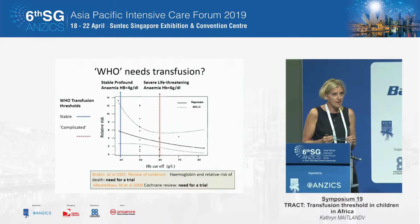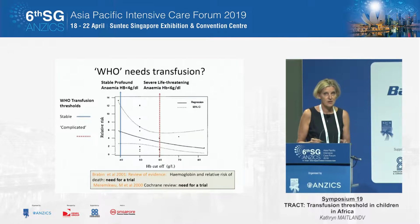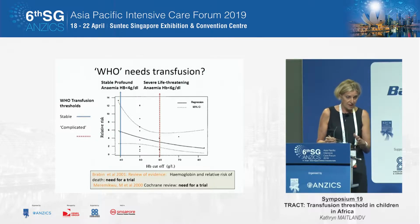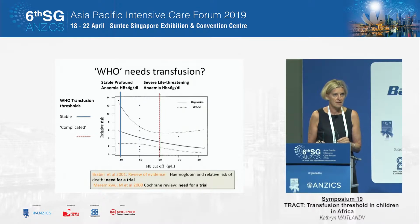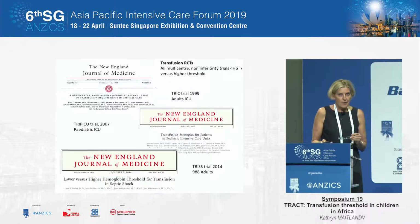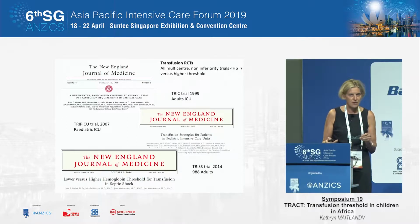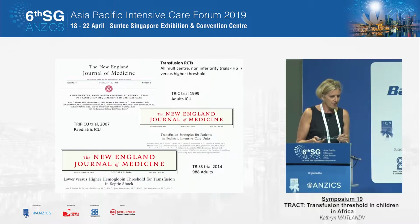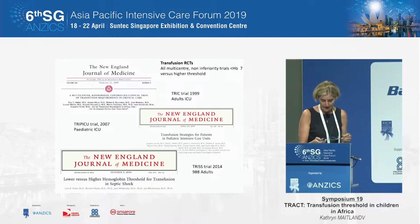There have been a couple of Cochrane reviews, the last one done in 2000, and both have suggested that we need to do a transfusion trial. This is the only data that was assembled before then, suggesting that with a hemoglobin of 6 or below, you have a much higher mortality compared to children admitted with a higher hemoglobin. Obviously, research in other parts of the world has brought transfusion thresholds down to less than 7 for stable patients in ICUs. So it emboldened us to say, yes, we do need a controlled trial in Africa,